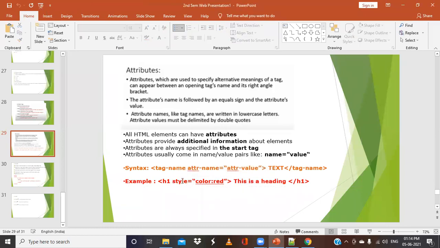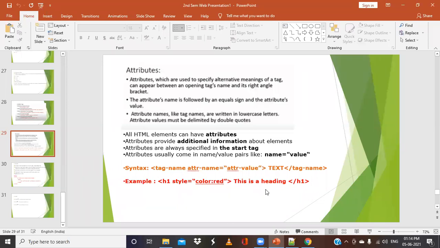Like this we can have multiple attributes for a particular tag, and it is not mandatory to have attributes all the time. If I don't include this attribute, what will happen? The heading will appear normally, in black color, as in the regular tags.